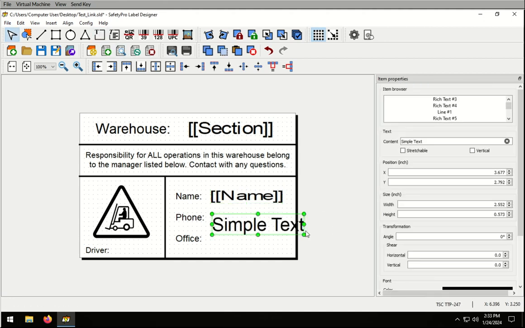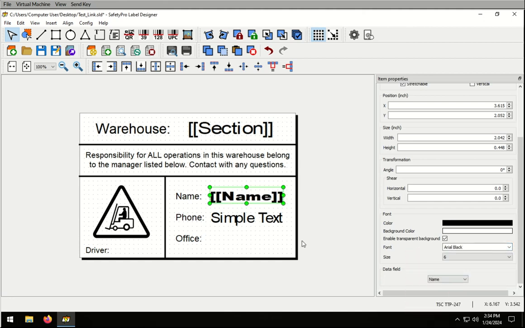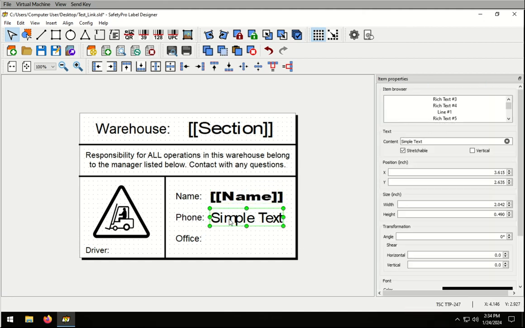Okay, let's do it again. You can look at each time with each field and make sure everything looks the way you want it, or you can just do them all at once and then make the adjustments when you're done. In fact, let's make their name bold. Let's make this Arial black instead. Okay, and then let's try copying this one, paste it,